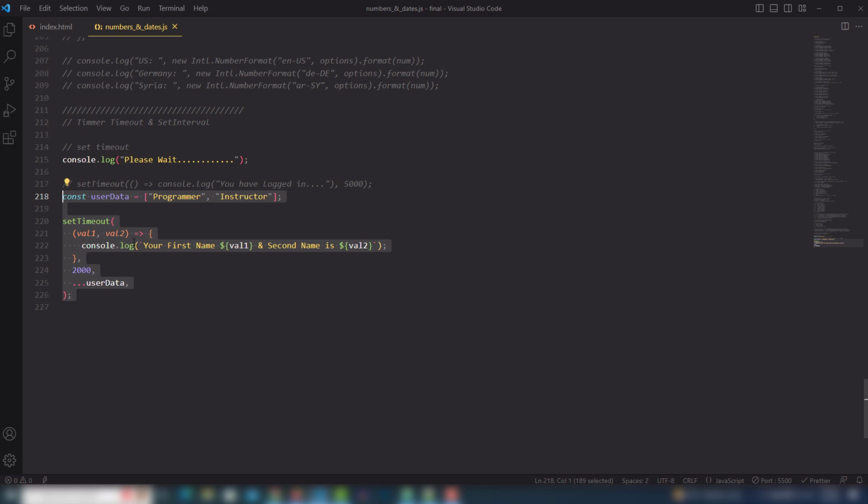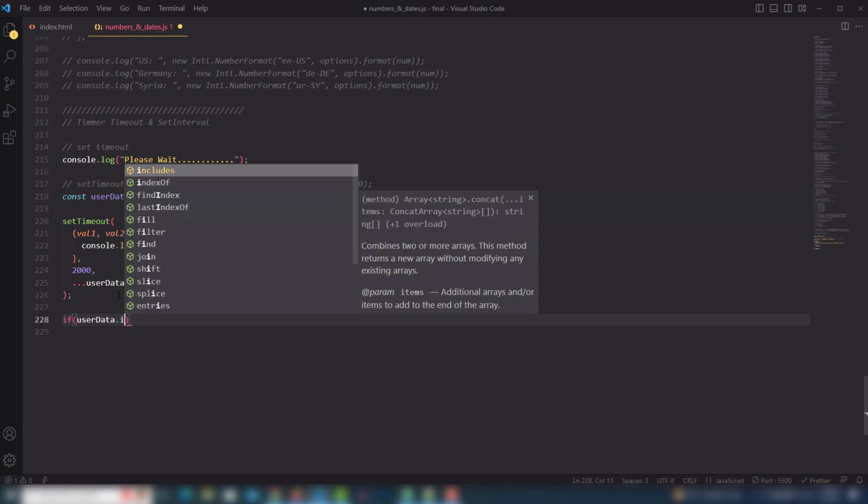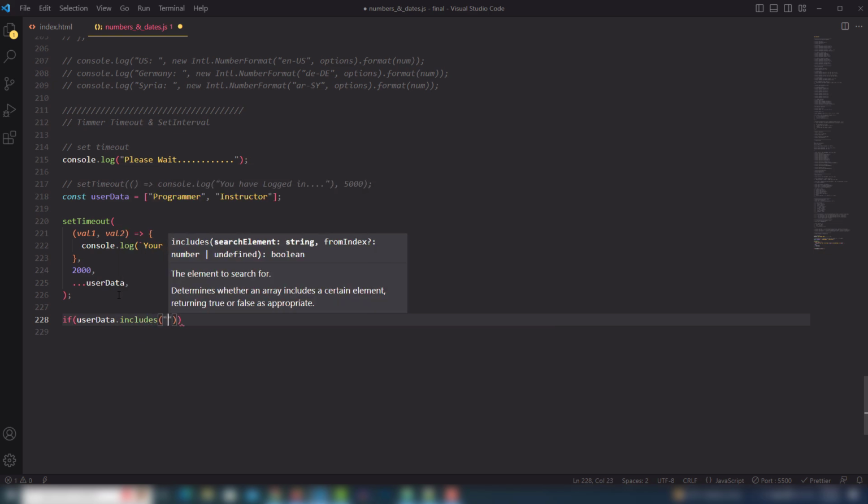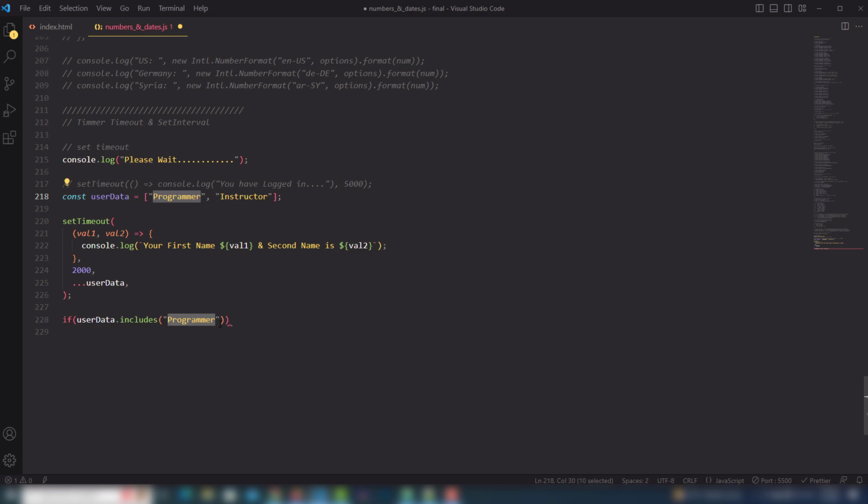Let's look at how we can clear this one time period when the particular data appears inside our console screen. Then I want to remove that after a few seconds, or if I use any condition inside there. Let's look at that. So I'm going to use if, I'm going to find the user data that includes, I want to find the data from this one array. If the programmer appears or is inside our user data variable or user data array, then